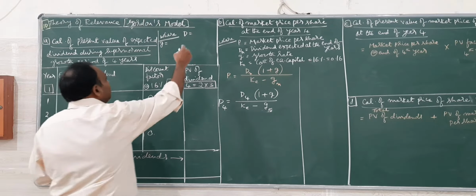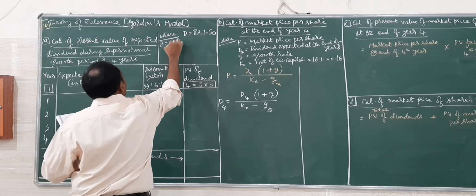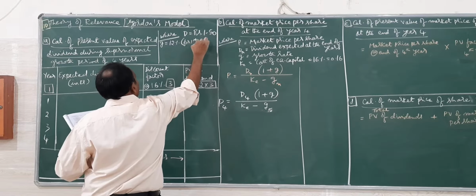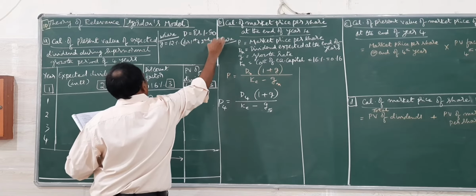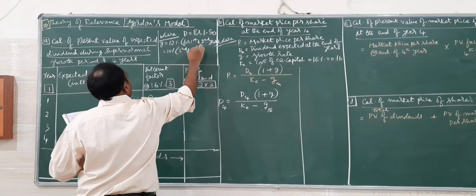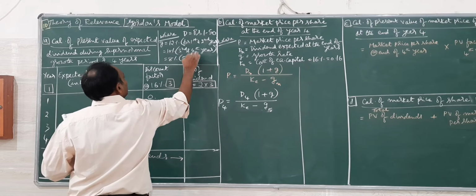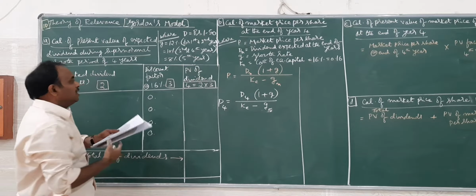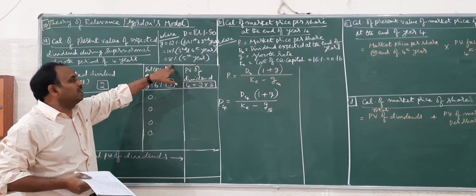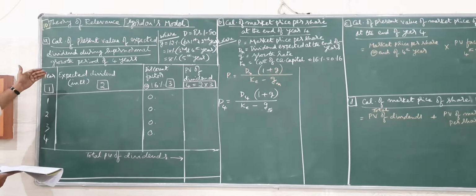The dividend is given, D is 1.50, growth rate 12% for the first and second year. Then it is going to fall to 10% for the third and fourth year. Then it is going to be 8% for the fifth year. So you can see the growth rate is not remaining the same. The dividend is going to grow in a different percentage. The percentage is decreasing. So let me get into the first part of it.